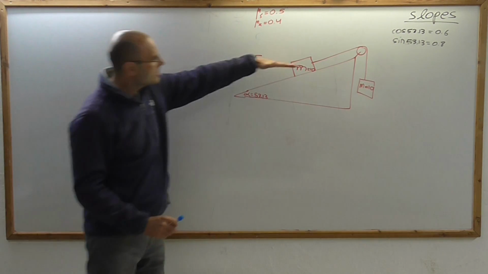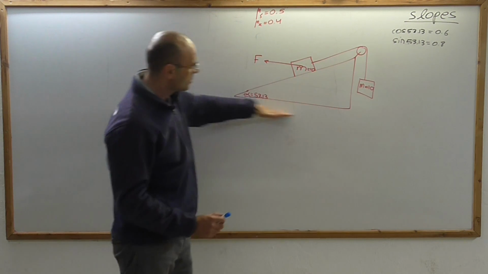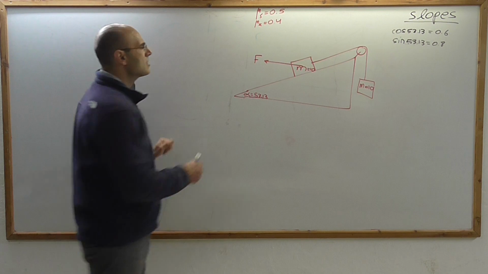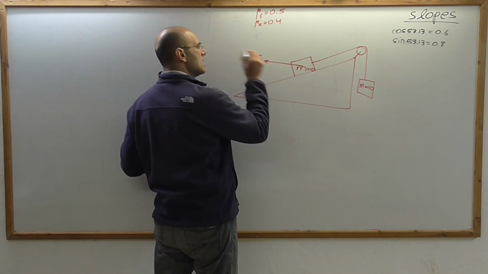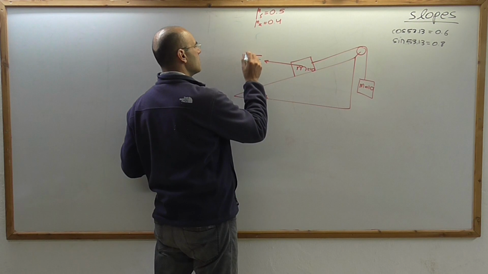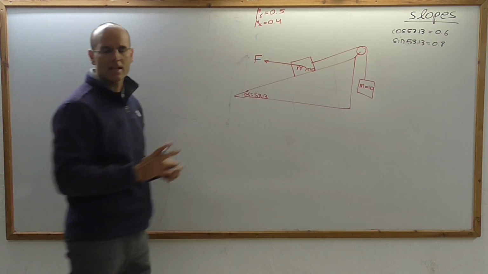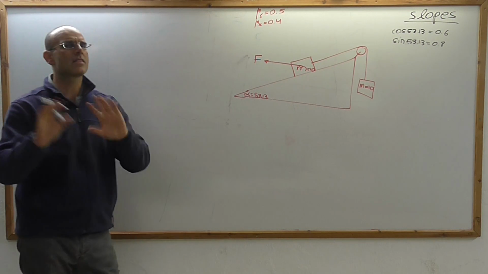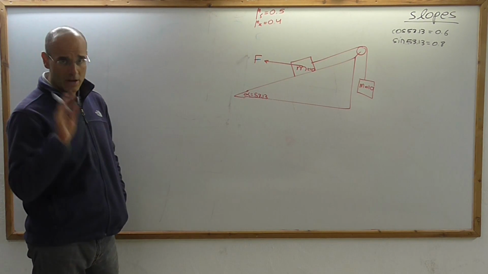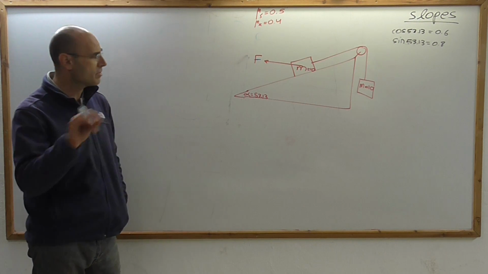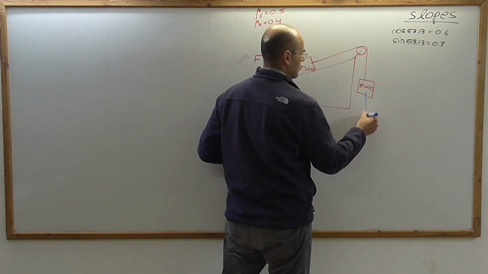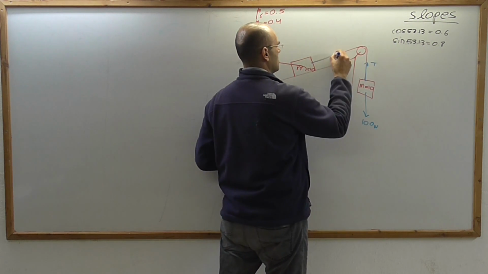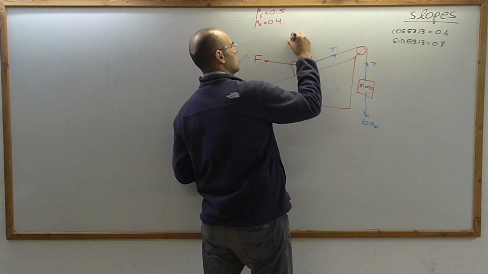Okay, the force is parallel to the surface. Parallel to the surface. And let's give it numbers. Let's put, no, let's leave it like that. Okay, first of all, let's draw forces and then we'll think what we can ask. So I'm drawing forces without the friction. So I have 100 newtons here, T there, T, normal force,